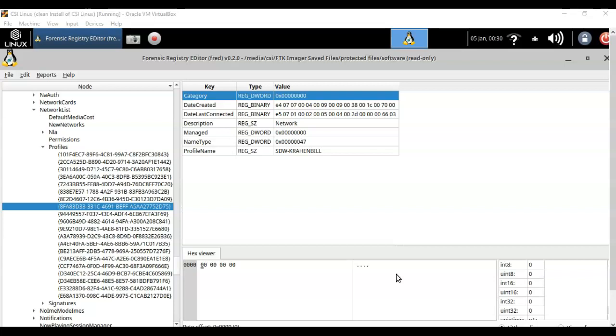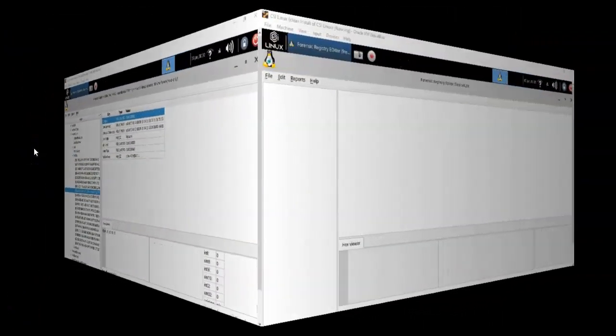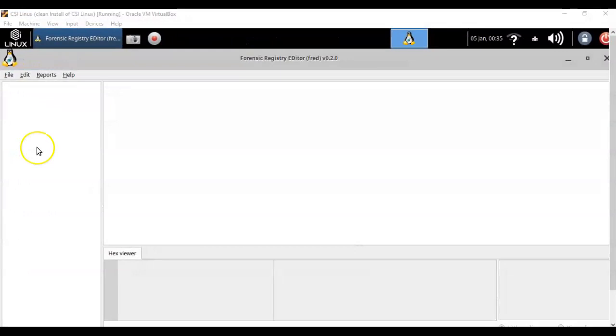It tracks the most recent documents used or opened on a system by the file extension. Let's take a look at that. So to see what documents our suspect has created or has been looking at, we have to go up underneath